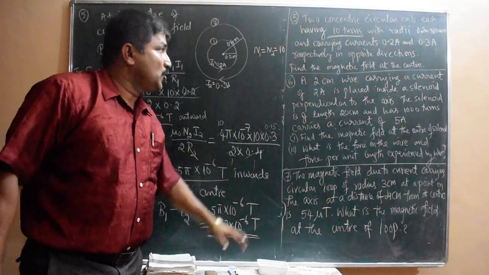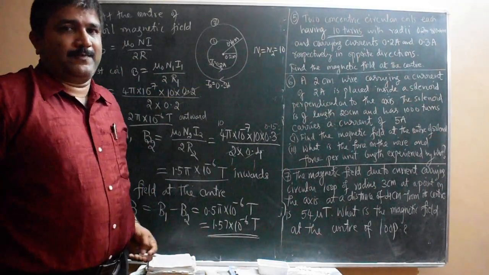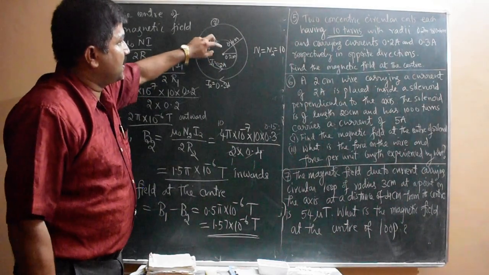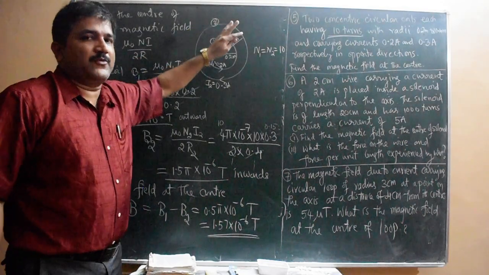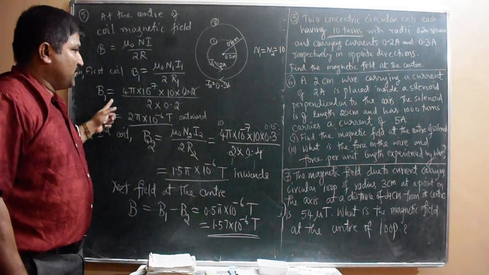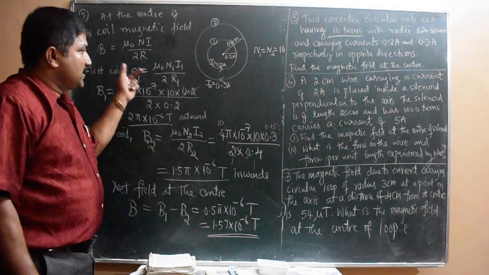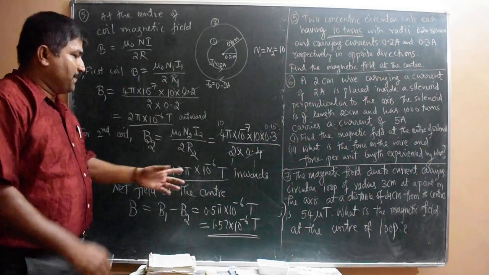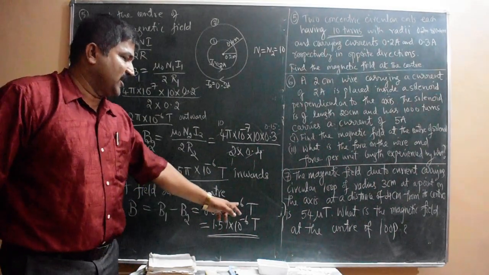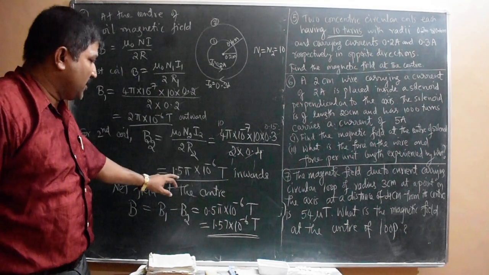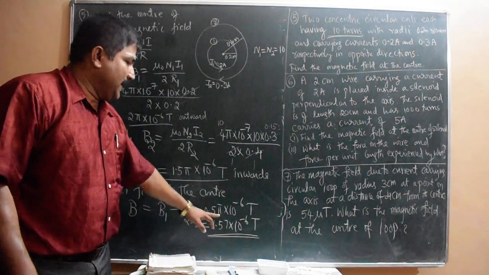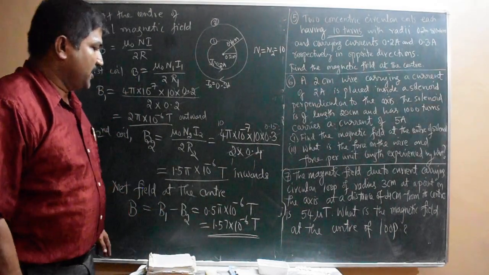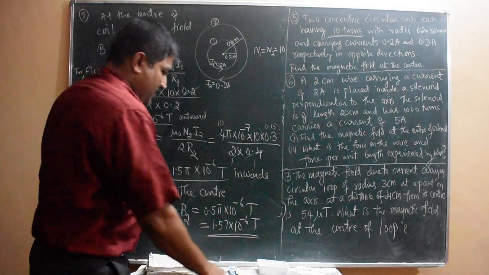Circular coils, two coils are there. They are in the same plane and each produces a magnetic field at the center. The net field at the center due to both of them you have to find out. So field due to the first coil, field due to the second coil. As the field directions are opposite, we have to subtract the field of one coil minus the field of the other coil. So 2 pi minus 1.5 pi is 0.5 pi, multiply pi value 3.14. 0.5 into 3.14 is 1.57. So I will continue the remaining questions in the next.